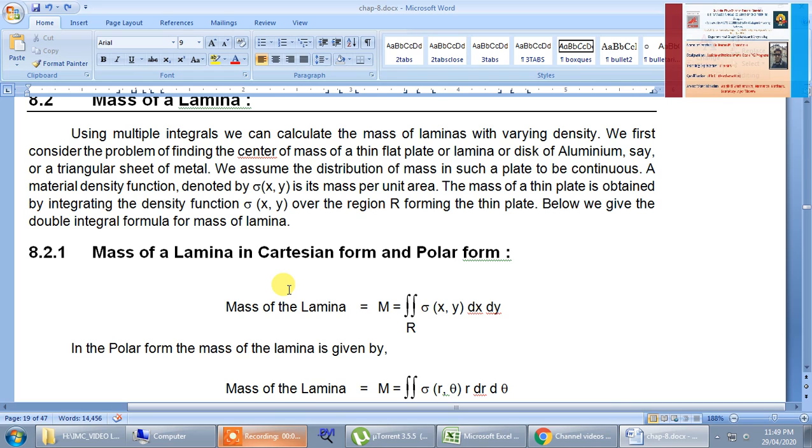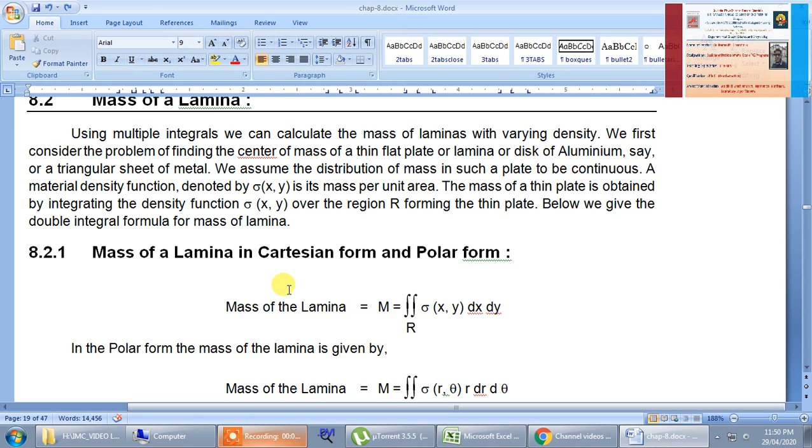Your paper, your pages, your aluminium thin sheet, where the density is uniformly distributed. So let us suppose that sigma(x, y) is the material density function. It depends on x and y, the coordinate points at any point on the lamina. So if you want to find the mass of that lamina, then the mass of the lamina is given by double integration over